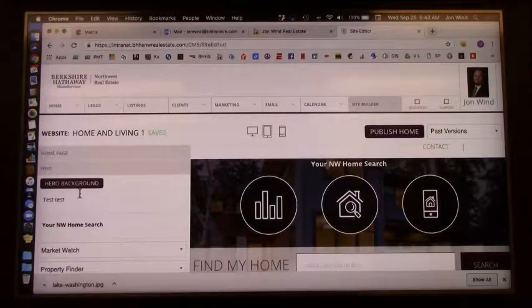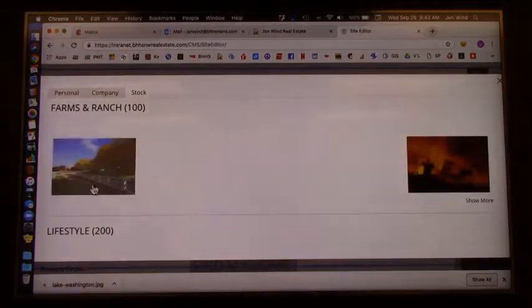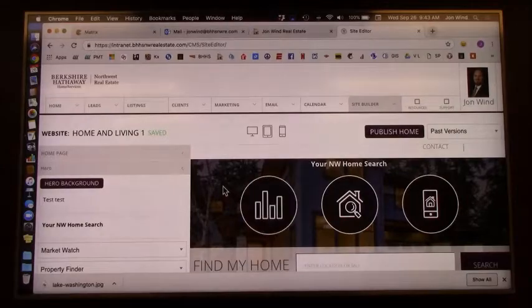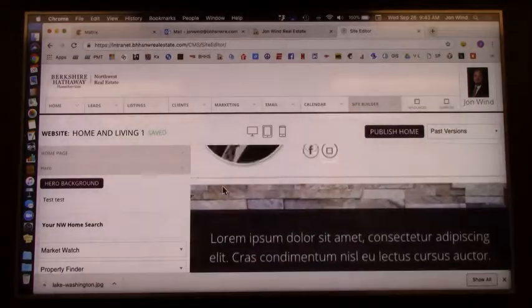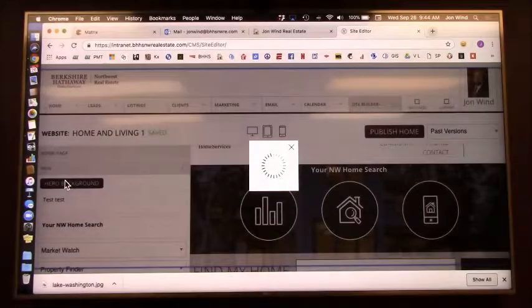Hero background. So this is the background photo of your hero portion, which I believe is currently, let me exit out of this. I believe that's currently this picture of this house right here. Yes. Okay, so if we go to hero background,